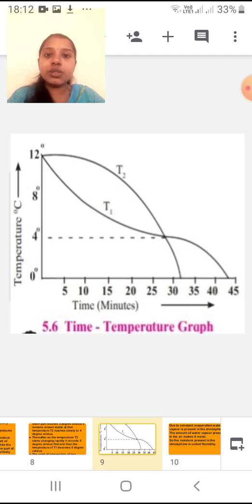Okay, while T2, what is happening? It will immediately come to 0 degrees Celsius, but only for a second or some time it is going to remain stable at 4 degrees Celsius. So both the thermometers T1 and T2 remain for some time at 4 degrees Celsius. The temperature remains constant. Hence 4 degrees Celsius is our temperature of the maximum density of the water. I hope you understood both the curves. Okay, so this is the graph for the Hope's apparatus.